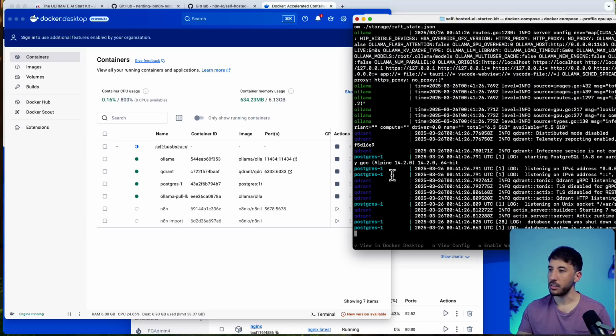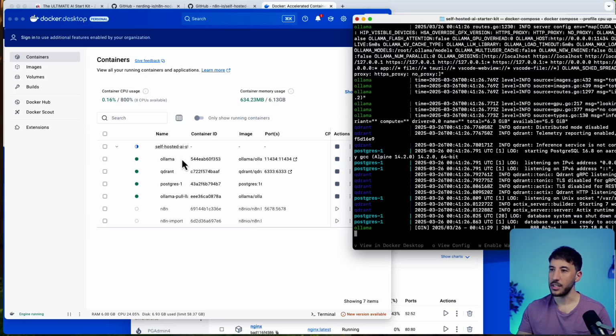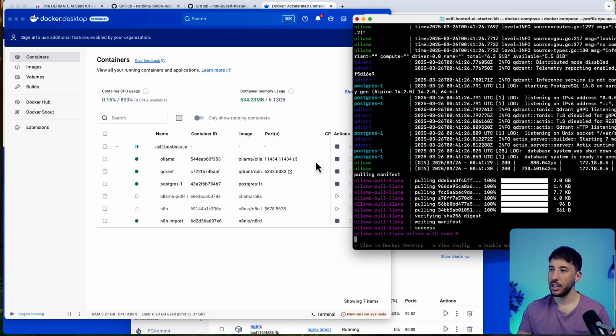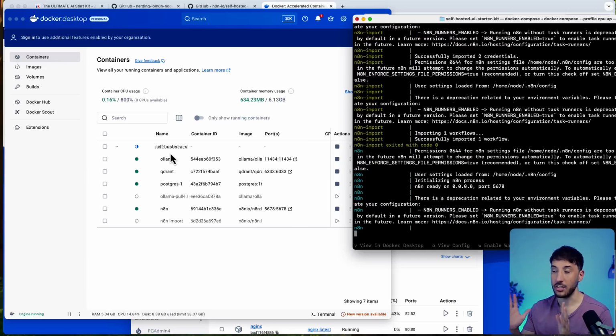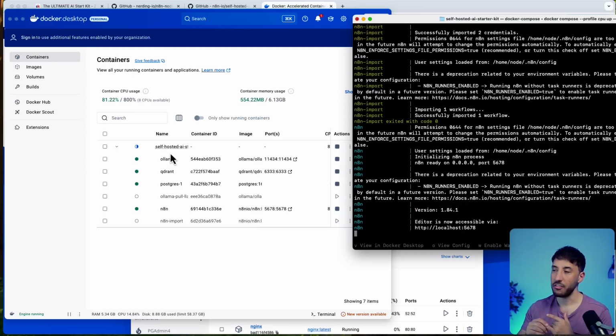All right, so everything looks like it's going through. And there you go on the left hand side, you can see the self-hosted AI starter kit. It all came through and it's all running by itself. Again, I'm not touching anything. That's literally just after changing that Docker YML file to make sure we're adding our MCP,